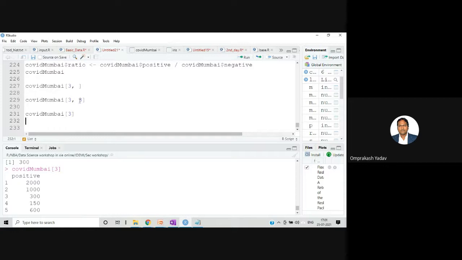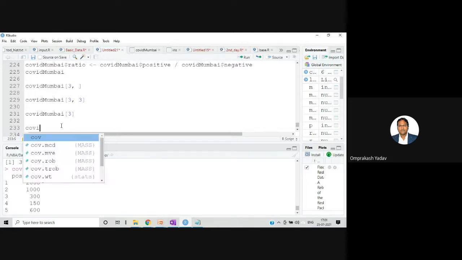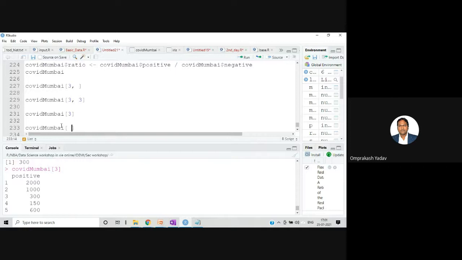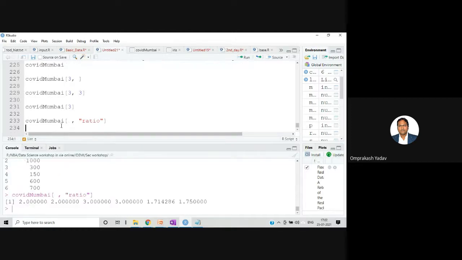Then, with COVID Mumbai, I leave the first blank and say ratio over here. With this also we can access it. It will give me the ratio column and all the rows.